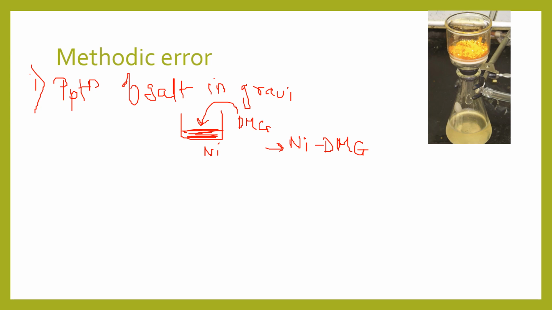So this error will remain always because of the method. Whenever you follow this method, this error will be there. We don't do anything for this because we have already accepted that this error will be there whenever we do this method. Okay, the second type is excess